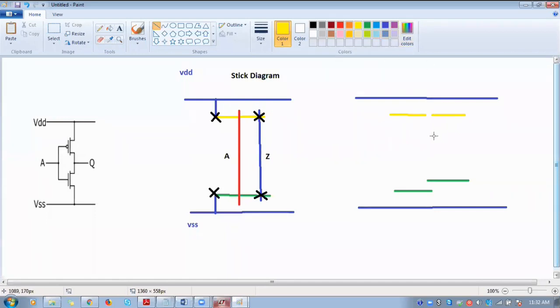So both the sources of PMOS are connected to VDD. The source of first NMOS is connected to ground. And drain of both PMOSes are connected together. Here I am using a metal to connect, but yesterday we have seen diffusion, shared diffusion. At that time, you can show a single straight line also.